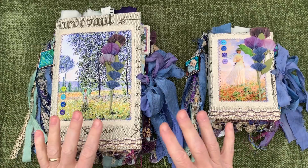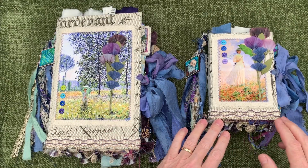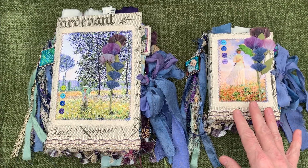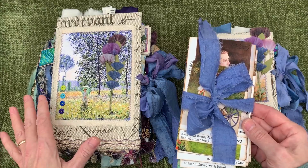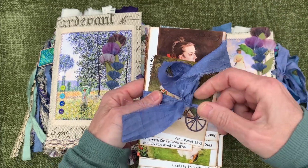relatively painlessly. I made a 9x6 Monet journal, and I made a pocket boho for my little collection here. And when I was finished making them, it's the first time this has ever happened, I realized I wanted to make another Monet image set, but the journals were already finished. So I went ahead and made the set and printed it up to go to the gal who's going to receive this journal, and I cut them out and distressed them, but I thought you might enjoy a quick flip